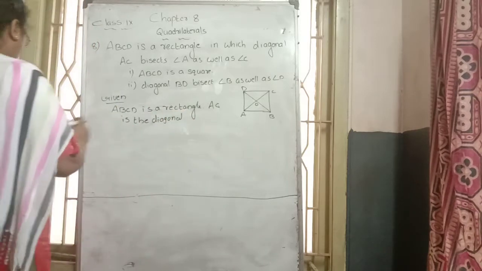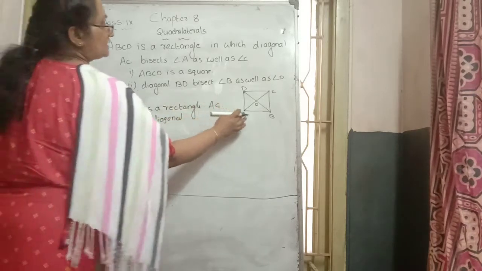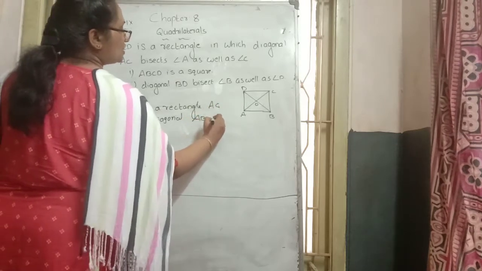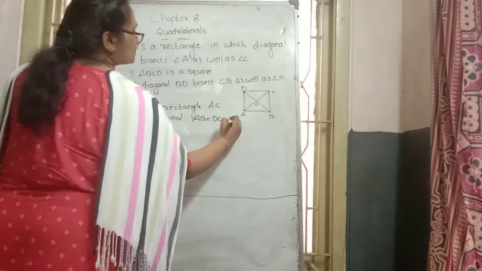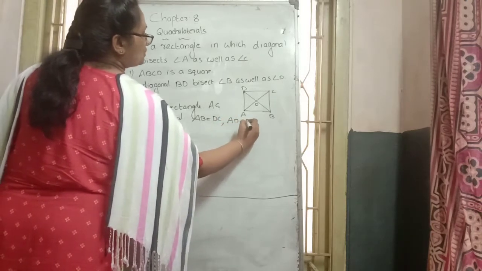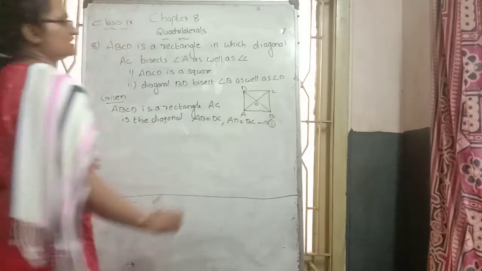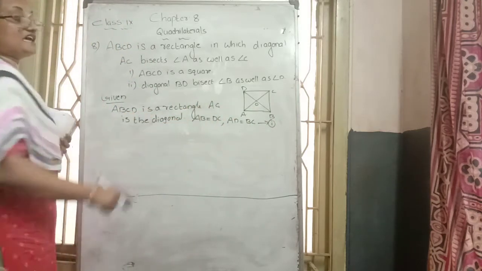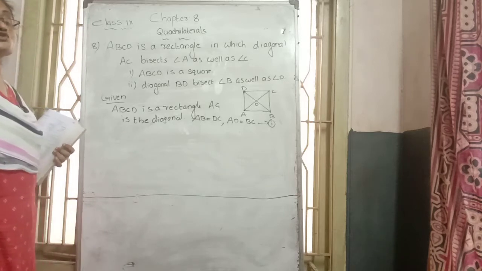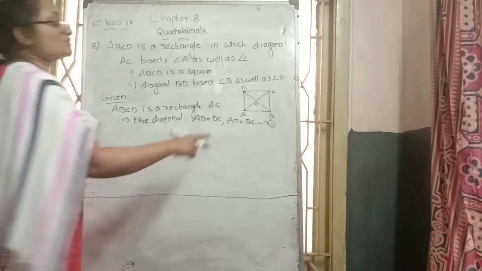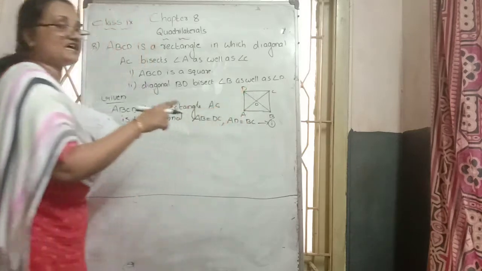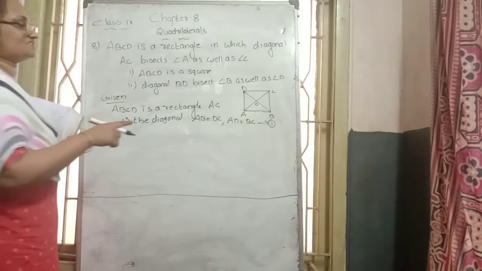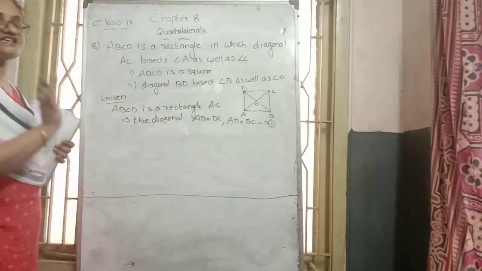Then next, what have they given us about the opposite sides? AB side is equal to DC side and AD side is equal to BC side. Mark it as equation 1, because later we want it. A property of a rectangle is that opposite sides are equal. AB and DC are opposite sides, and AD and BC are the second pair of opposite sides. That's why we write it like this and mark it as equation 1.